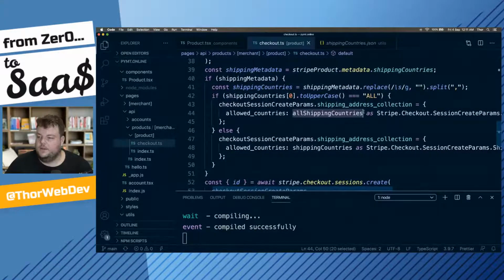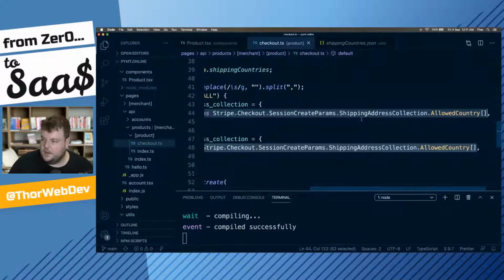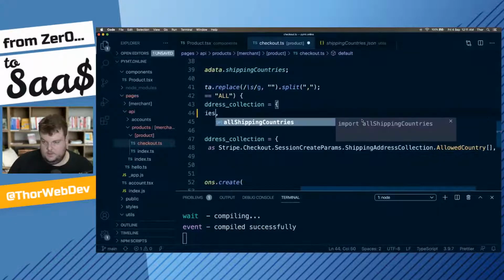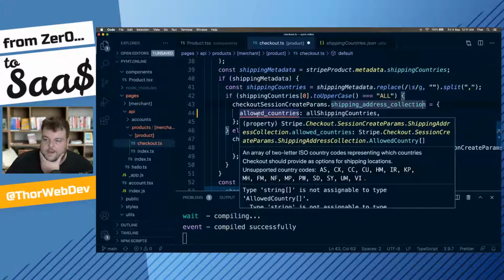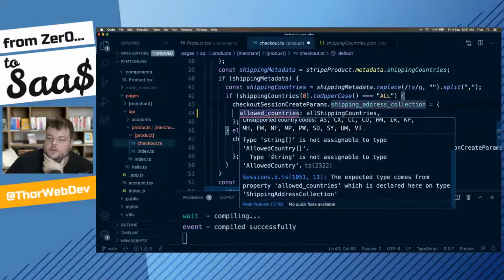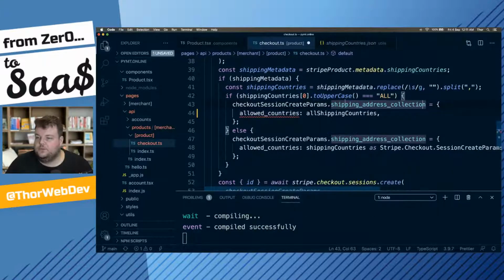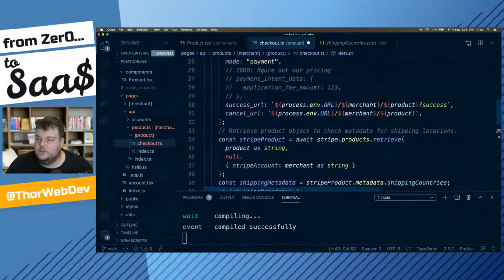The thing now here, though, is if I do this without casting it, TypeScript complains saying, what does it say? Yeah, so string, array of string, which is what our all shipping countries is, it's not assignable to type allowed country. And I think the reason for that is if I, let me see, if I go to,